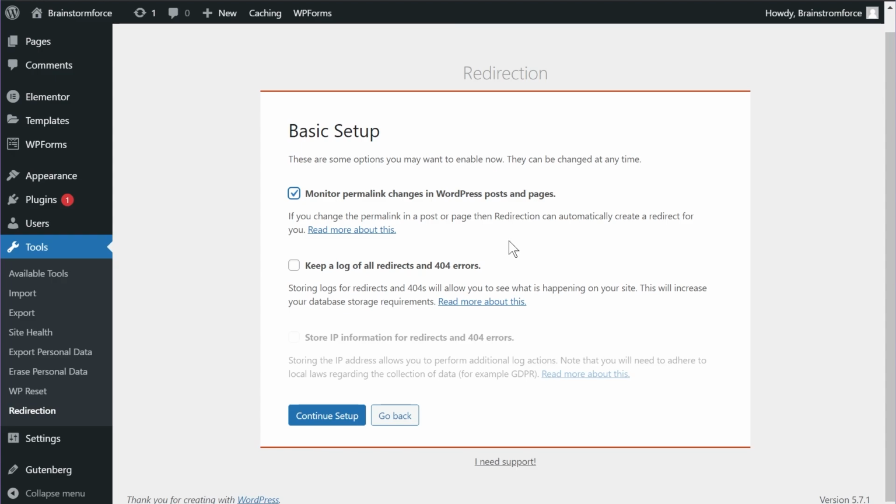The second would be to keep a log of all redirects and 404 errors. This is also important. Sometimes you don't remember, a lot of posts have been deleted, especially on large websites, and then you start getting 404 errors, or maybe a website has linked to you and they just made a typo and it's not the correct link. So if you enable this option, this plugin will actually check for all 404 errors. That way you'll be able to find out which pages are causing issues,